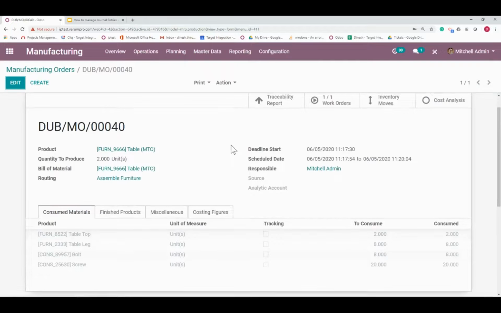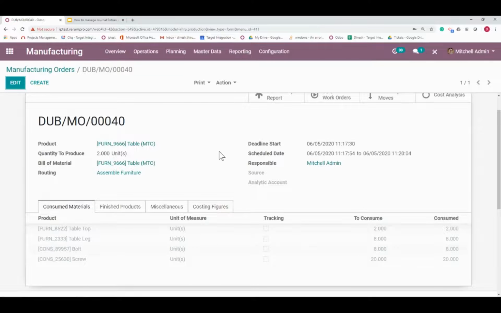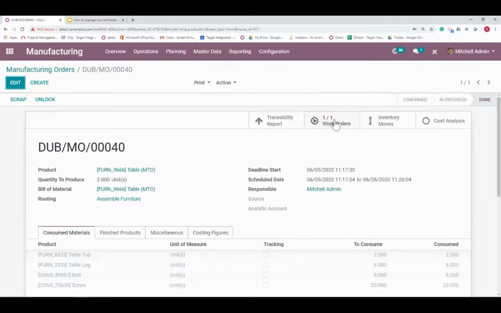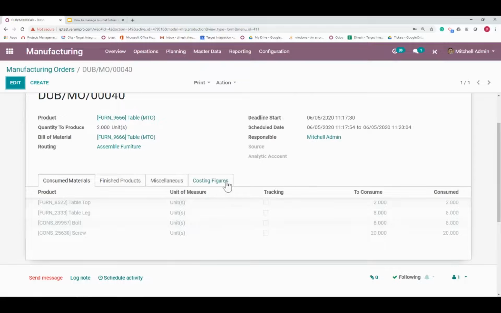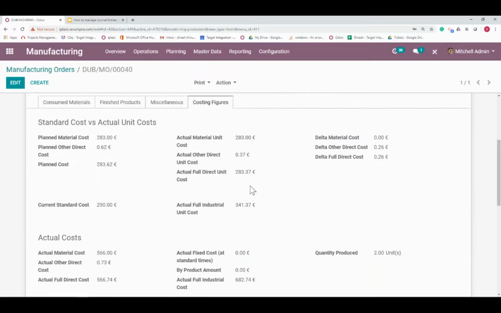So here again, coming back to my manufacturing order, I can see my work order has been completed. And if I go to the cost figure tab, here this would be showing me the actual rate and the standard cost. So the standard versus actual cost, for example, the planned cost is 283 and the actual material cost is also same, and the planned other direct cost. So for example, in our BOM we saw that it was 1 minute 52 seconds for the labor time, and it is